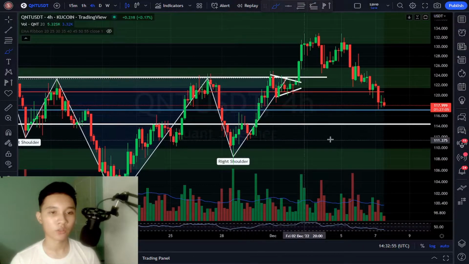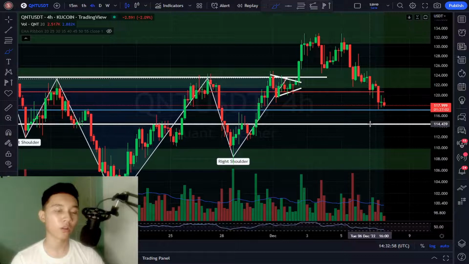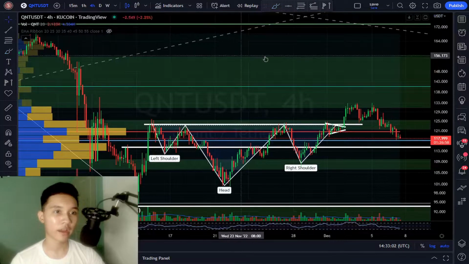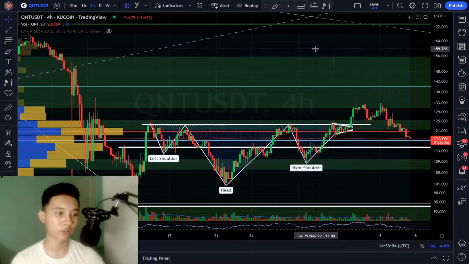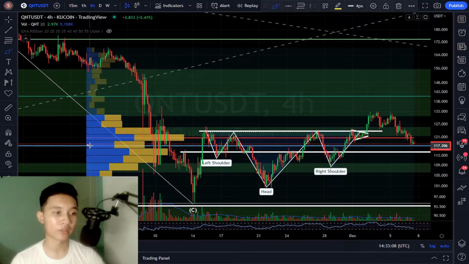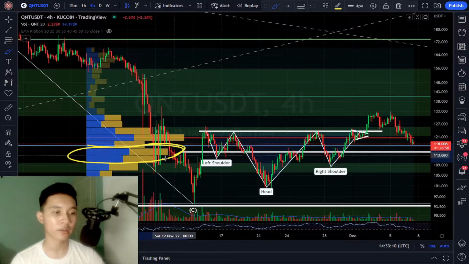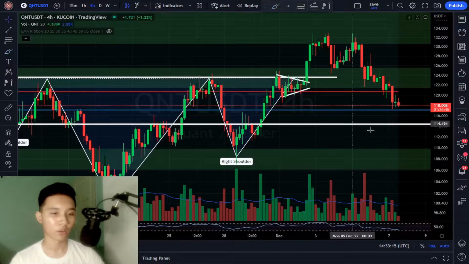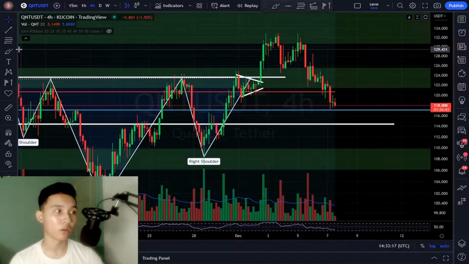Yes, that is located at $114. That's where the next crucial support is located, because it's also coupled with a significant amount of volume right here in the volume profile. So I'm expecting that Quant must actually hold